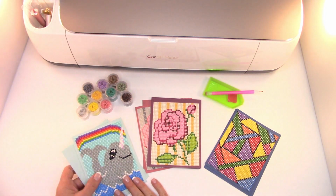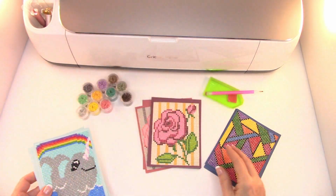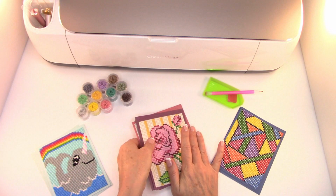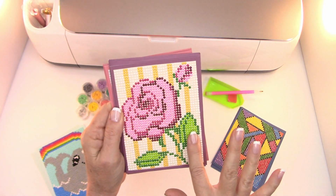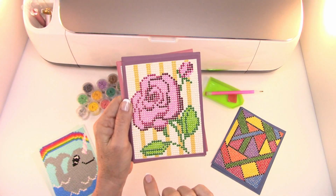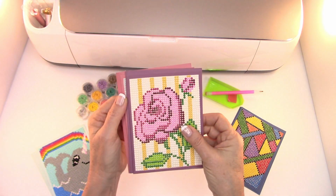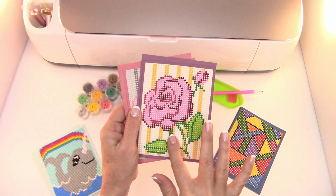So right now I've got a narwhal. Isn't that adorable? Fun little card. I have a rose card, vintage rose I call it. And this is the original colors, kind of a white and yellow striped background and a 3-color scheme on the rose pattern. And then I also, with the exact same print and cut file, so it was colored like this,